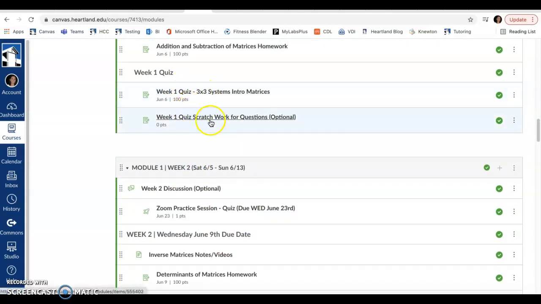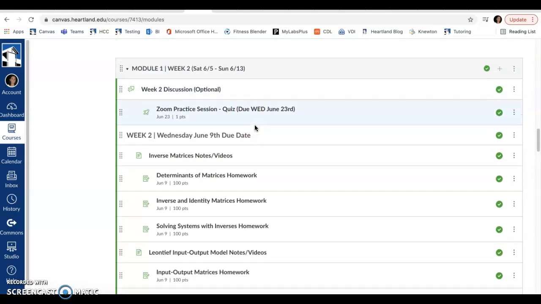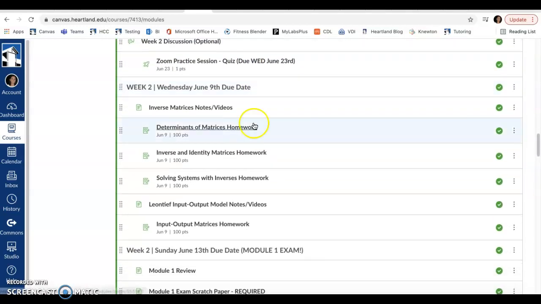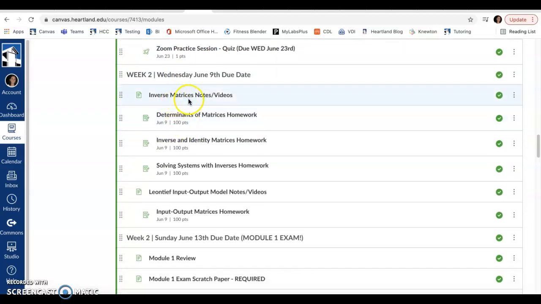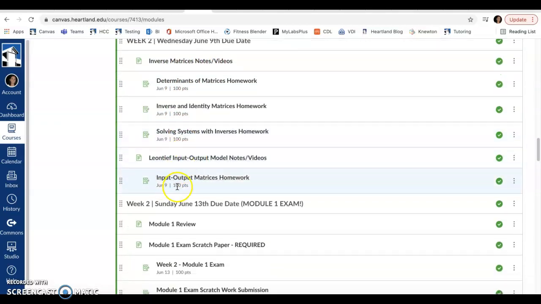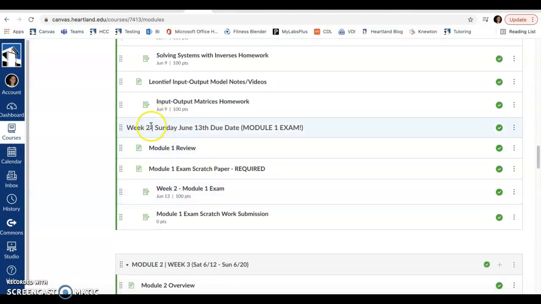Whenever you do your quizzes, there will be available for you a place to upload your scratch work. If you want me to take a look at it, again, that's optional. And then it will start over again. So for the next week, there's an optional discussion, a reminder again that you have to do that Zoom practice, and then notes. And this one, it goes notes, but lots of homework that goes along with that notes, and then notes and more homework. That's due on the Wednesday. And then as you can see already in week 2, what's due by the Sunday is actually the first